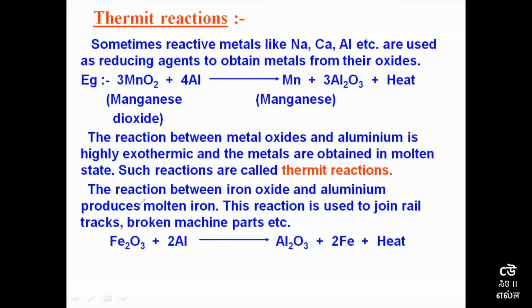So we have iron oxide combining with aluminium to form iron metal and aluminium oxide, and since it's a highly exothermic reaction, heat will be released. Not a little amount of heat, an extreme amount of heat will get evolved. Reason being, it's an